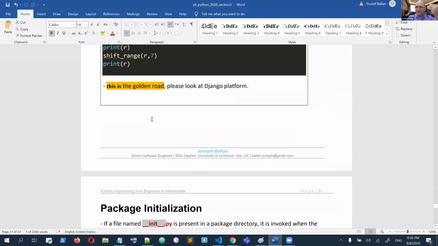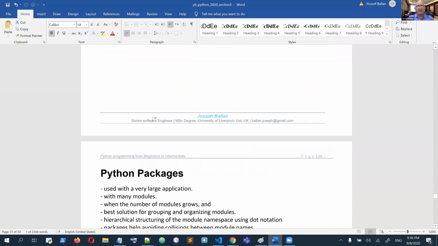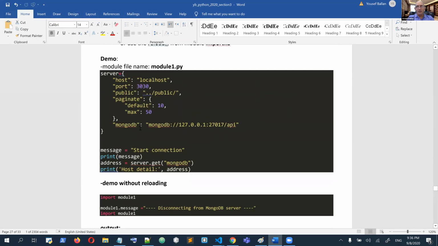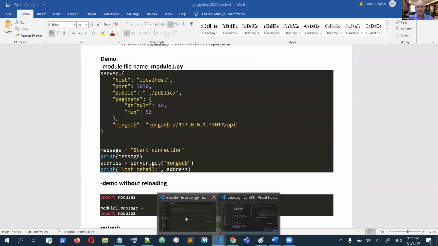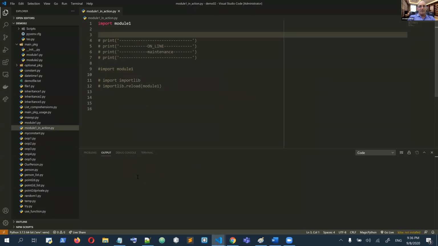These are the steps that I start with. So let's say, for example, that this is the module. Now, be aware of that. Then I run it. What you see here